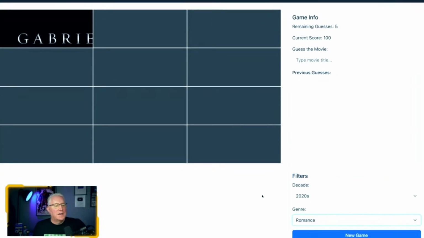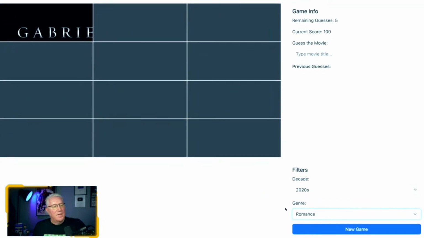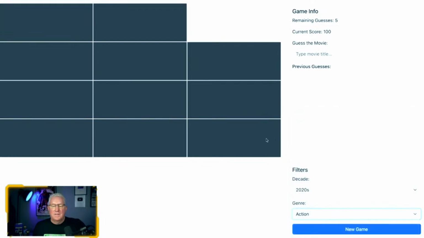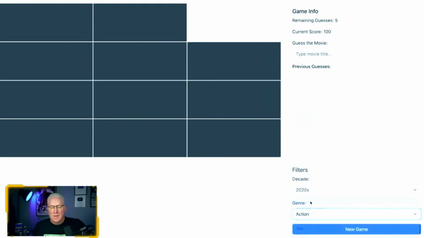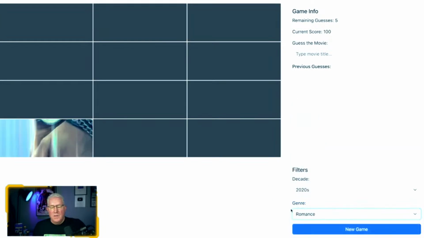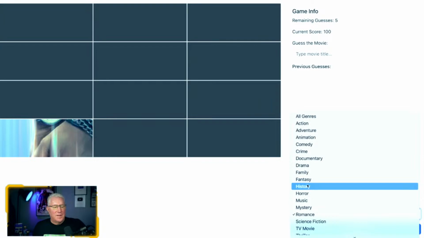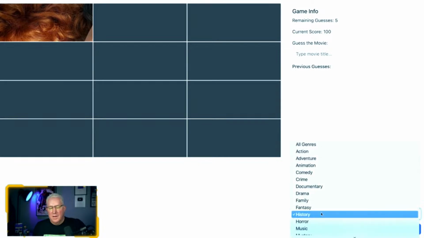Oh, wait a second. It liked romance. Maybe it didn't pick a poster. Maybe. Let's go action. No, because it's not showing. Look. Or is it showing and it's just in the middle and we just can't see it? Only romance movies. No, it's not. No, change it. It's showing on the left-hand side now. The grid doesn't cover it. That's what's happening here. The image is all the way to the left and not to the right. There you go. So it's probably correct now.